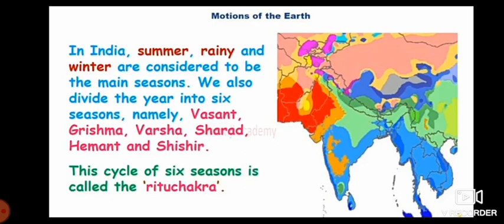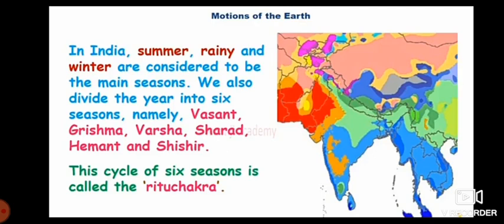Okay, so children, now I had shown you the video of the revolution of the earth, isn't it? It was a little bit fast, but you have seen that the earth was moving around the sun. Somewhere I paused and I taught you about summer and winter, but in between, wherever the earth is moving, there we are having some different seasons. Okay, so our 12 months, that is our year, is divided into 6 seasons. They are Vasant, Grishma, Varsha, Sharad, Hemant and Shishir.